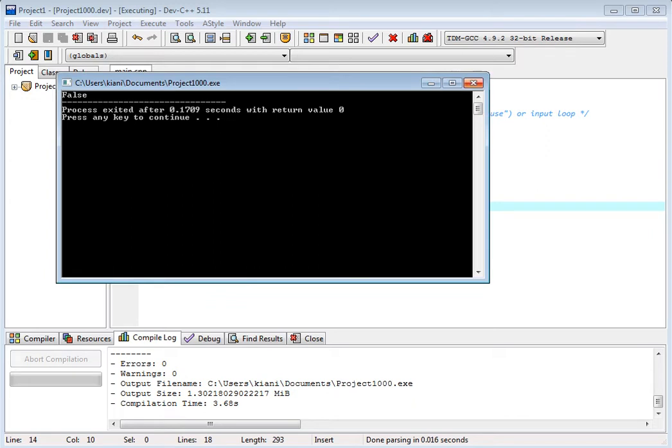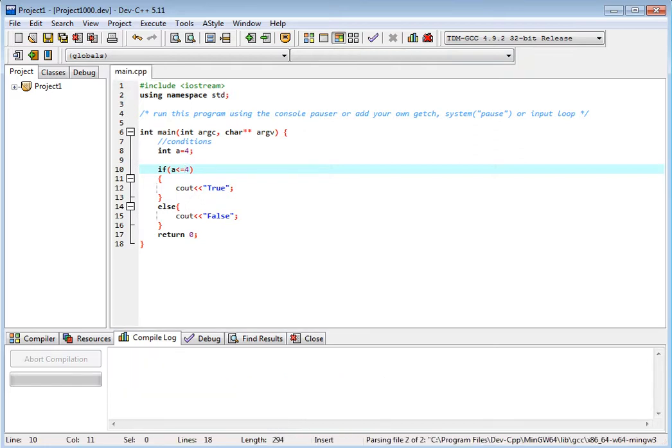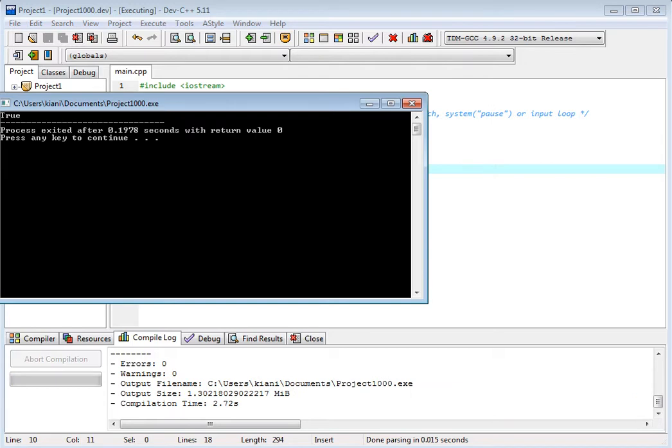Okay. If I just write equal to, A is equal to 4. So A is less than 4, one thing, and the other is A is equal to 4. Yes, it is equal to 4, so it will print true. So this means two conditions: less than 4, or less than or equal to.